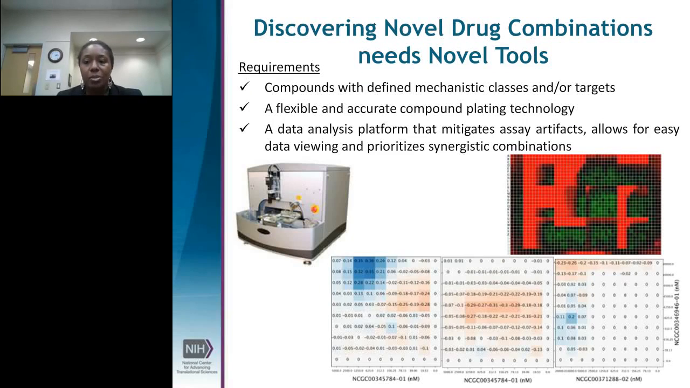So basically, we now have all of these requirements. We have compounds with defined mechanistic classes, we have flexible and accurate compound plating technology, and we have a good data analysis platform. So how have we applied these